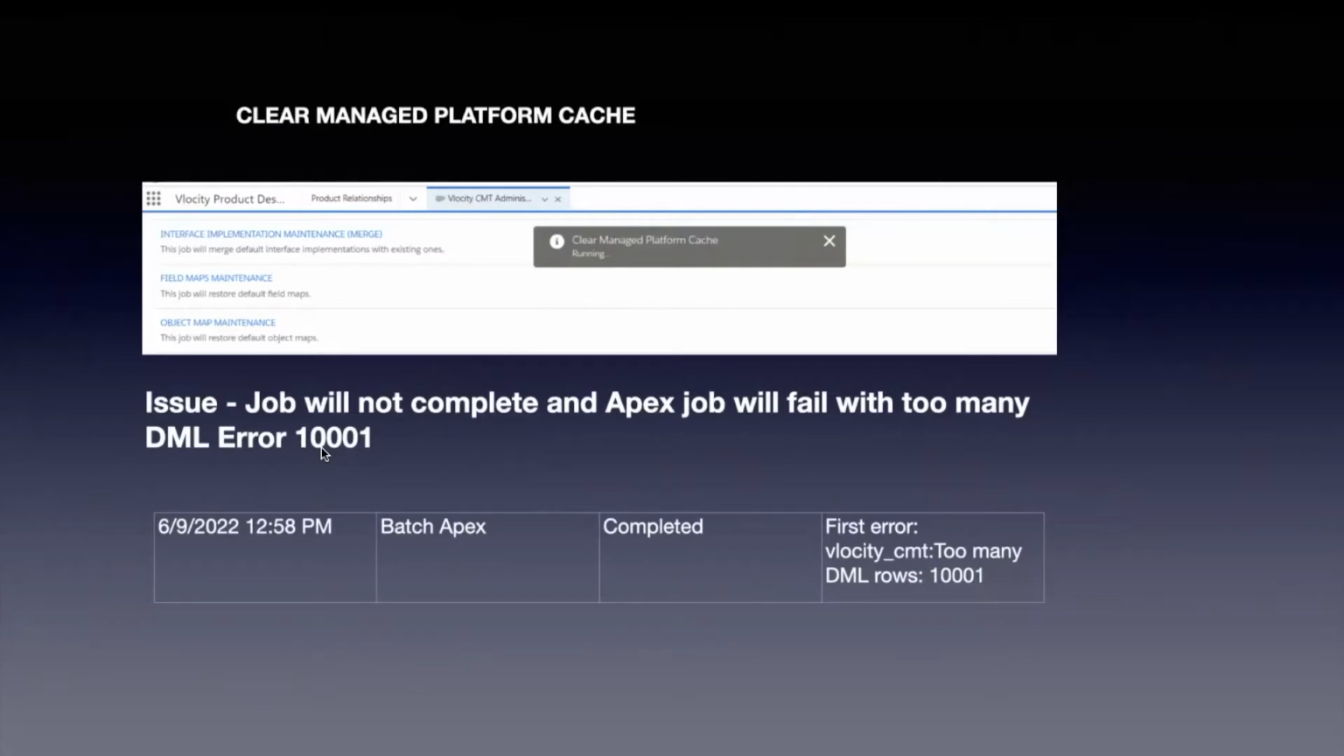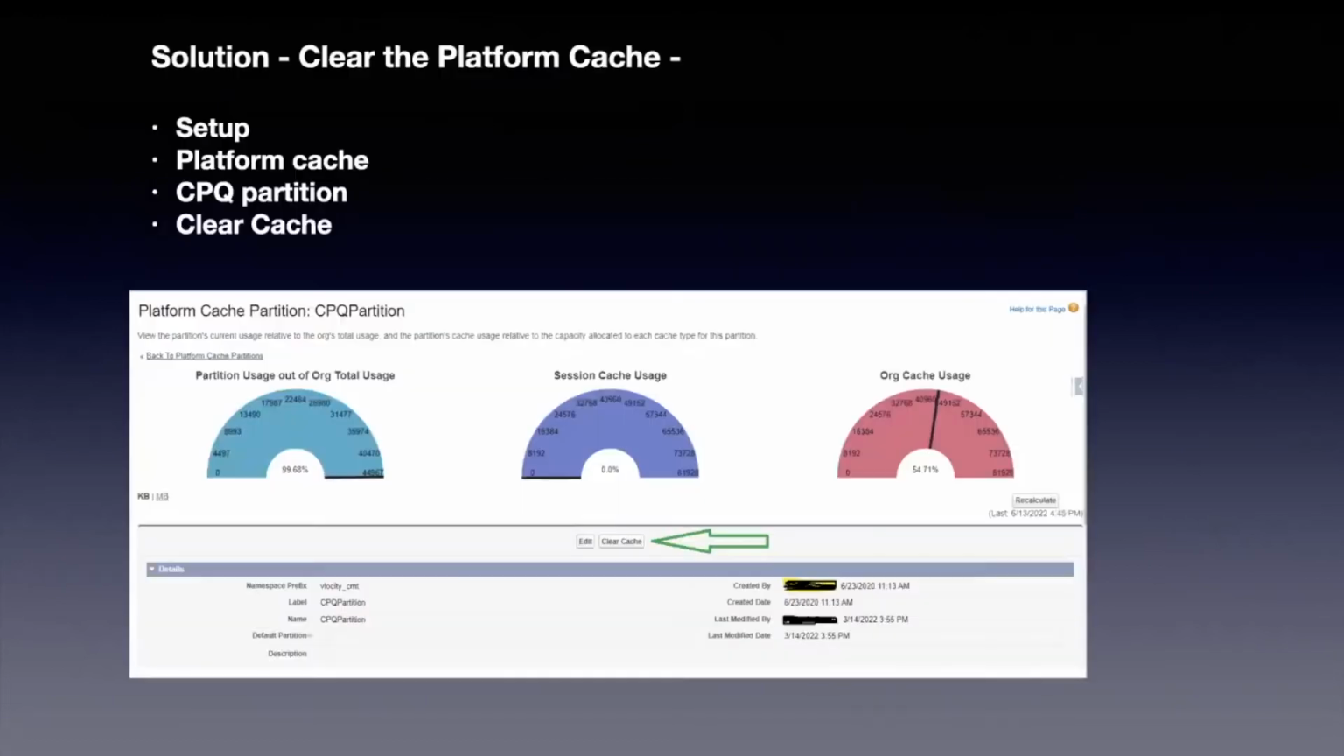The functionality behind clearing the cache tries to take only 10,000 records, because of the DML limit. The cached records are more than that, and that's where this will fail. What is the solution around this? So what we can do is,